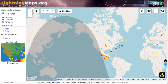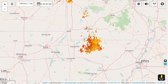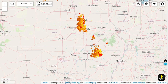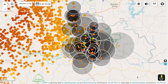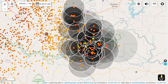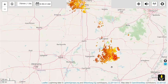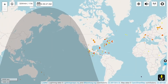Lightningmaps.org is where we show real-time lightning maps daily on the channel. We want to show folks where terrestrial strikes are happening, and indeed, south of Springfield, Missouri, there are some terrestrial strikes. Pretend you're a horror movie villain, or perhaps Zeus or Thor, by forecasting thunder. That is a very concentrated storm. It could be accompanied by damaging winds and hail, but it is a fairly small-looking cell there, so perhaps not. Anyway, there's the full planet view. Next time you hear thunder, check it out. It's highly recommended, powered by